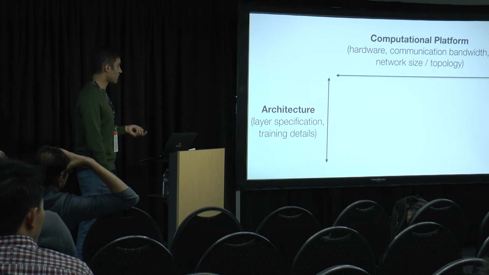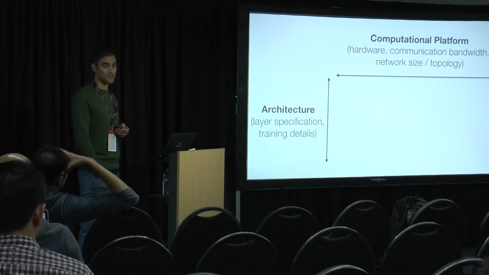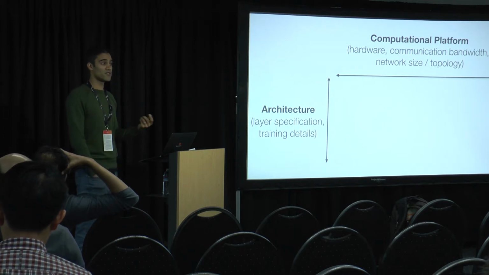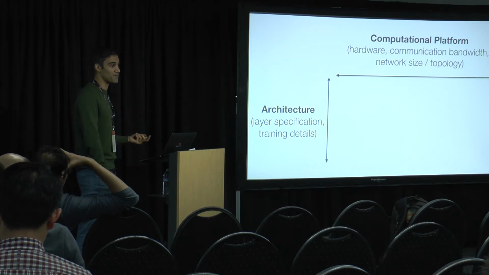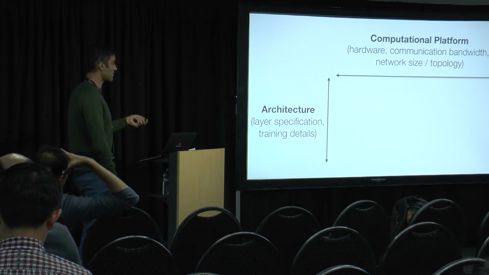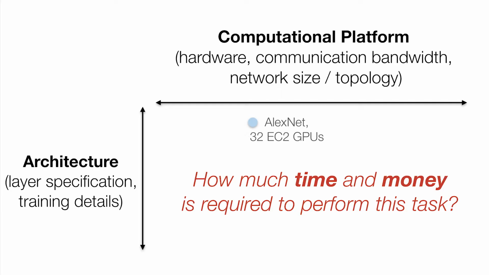On this y-axis, this vertical axis, you have neural network architectures. So is it AlexNet or a ResNet or Inception, whatever layer specifications, as well as the different training algorithms you're using. What's the batch size? What's various other properties of the iterative algorithm you're using for training. So given this design space, there's a bunch of questions that we can ask.